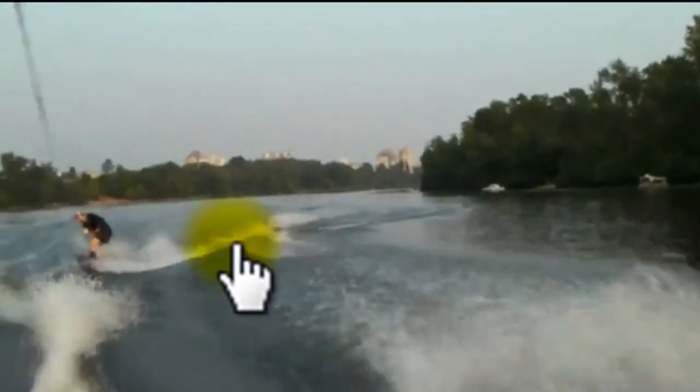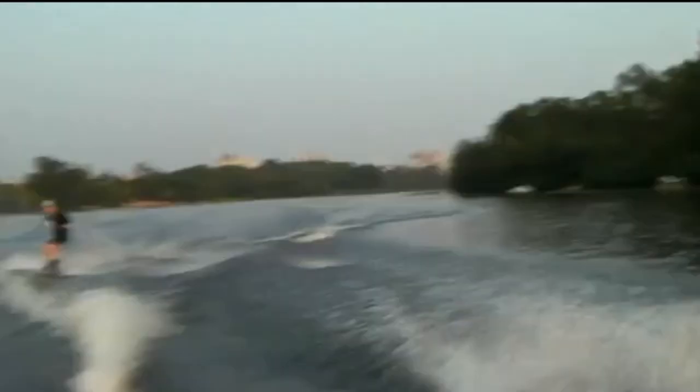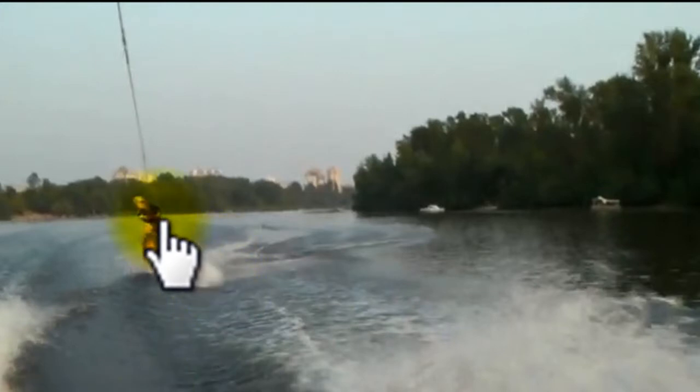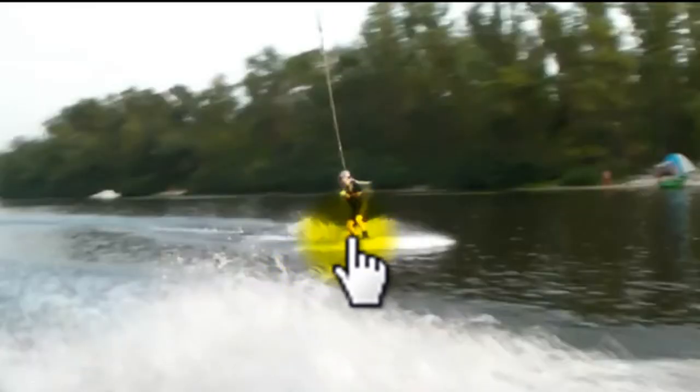And that's why you feel uncomfortable popping right there too. So let's rewind that just a little bit. And if you're bent over like this when you pop, you're going to get tripped forward and just be out of control in the air. If you had better upper body position, then you would get a lot better pop and you would just be more in control. The other thing to look at is when you do a toe side jump, the board needs